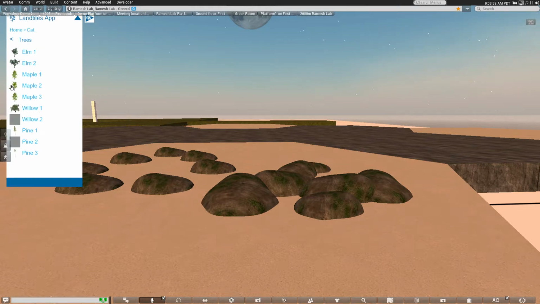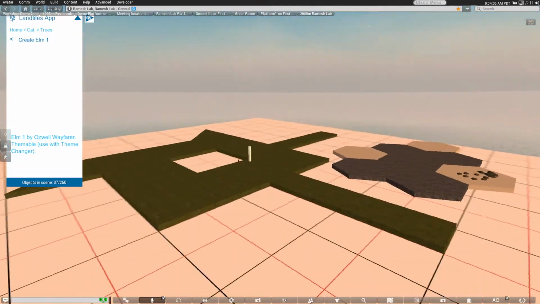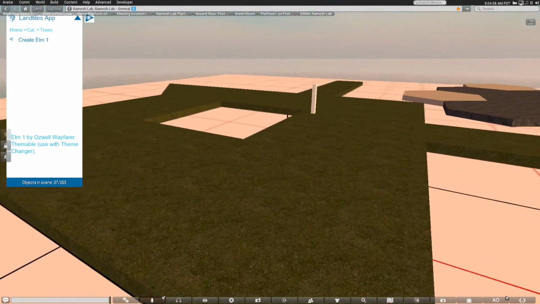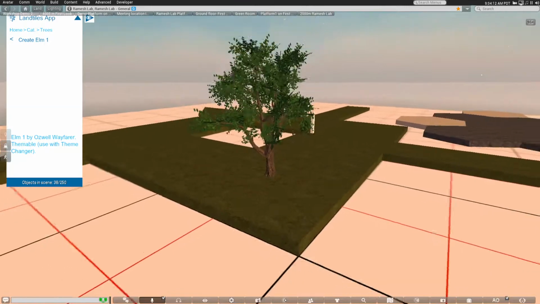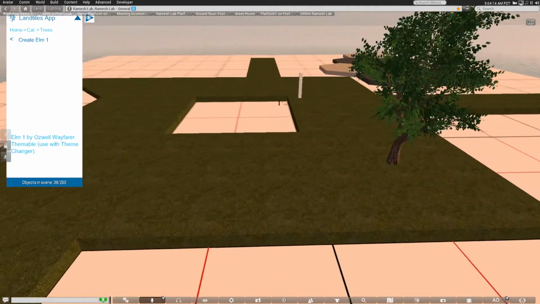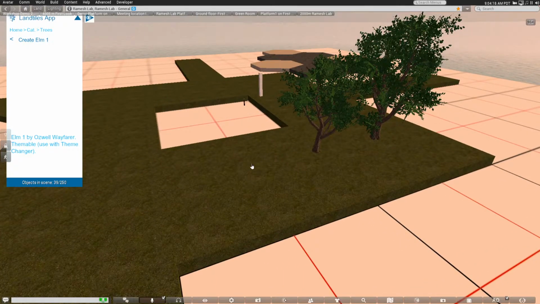So the same thing applies for trees, for example. If I were to pick this elm tree and place it somewhere here on one of the green tiles, you can see that if I keep adding all the trees one after the other in one row,